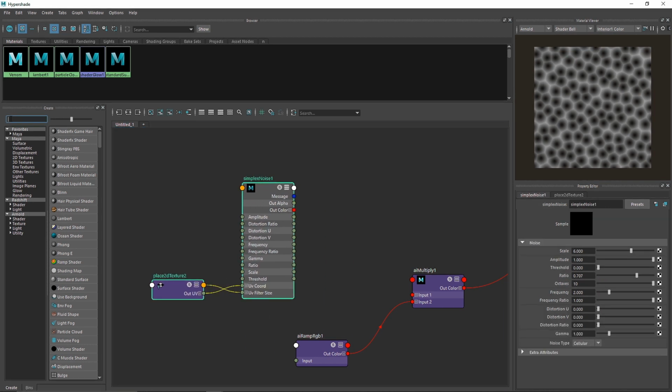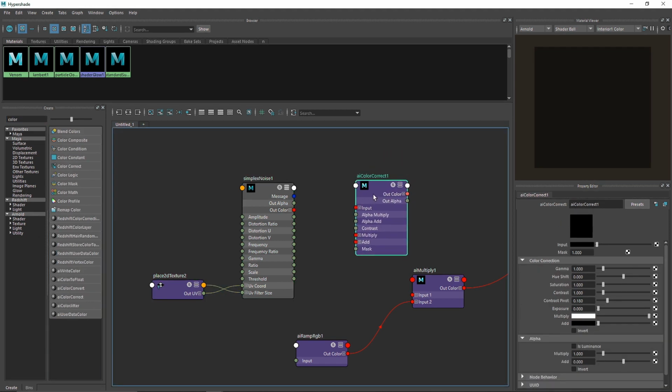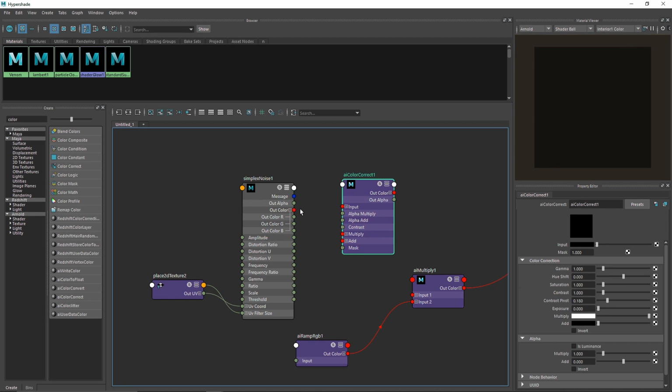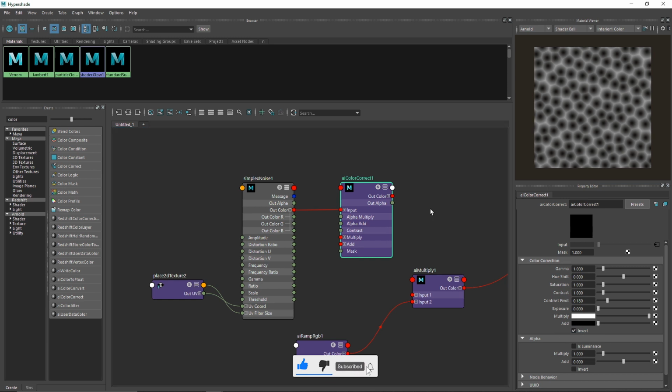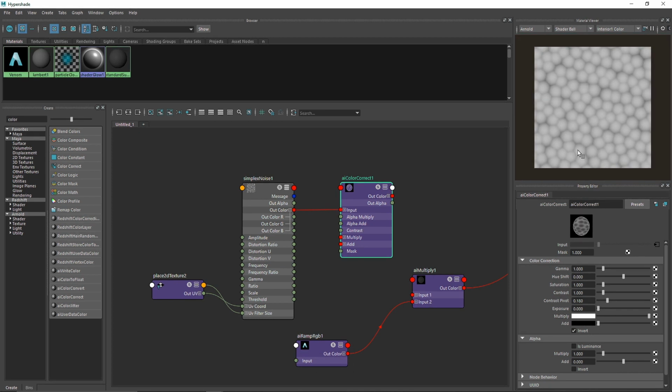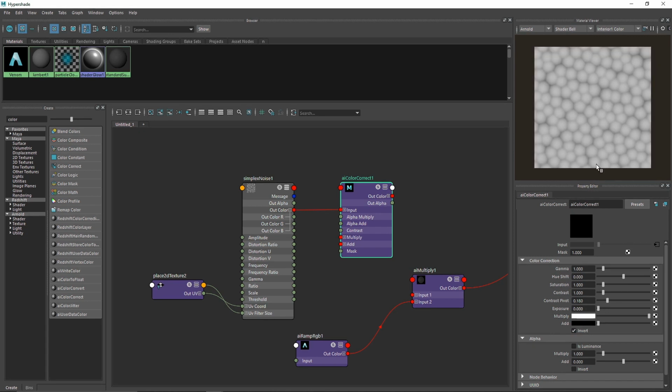So to fix this, I'm going to take another node, which will be a color correct node. Let's take our color correct here, and I'm going to attach this to the input of my color correct. Alright, so by hitting a simple invert, you can simply invert the whole effect. Now this is not refreshing at all, so you can just simply refresh from here. IPR has some trouble sometimes rendering the overall result, so you can just simply refresh this to get the overall result.